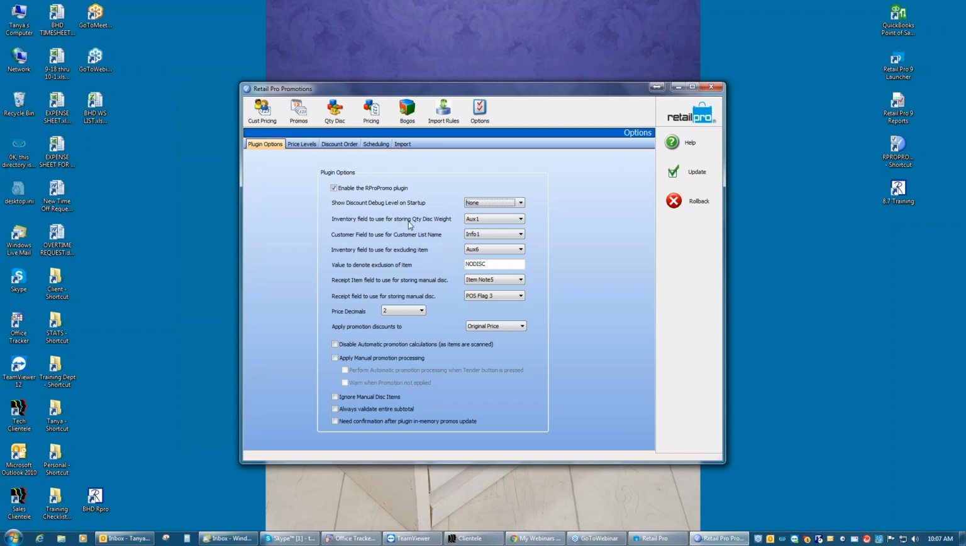Now, inventory field to use for storing quantity discount weight. So you'll notice up here at the top, we have a quantity discount. You just need to determine what user-defined field or auxiliary field you want to use to store that discount weight. And that's what most of these settings are, is if you're going to do the customer pricing, customer